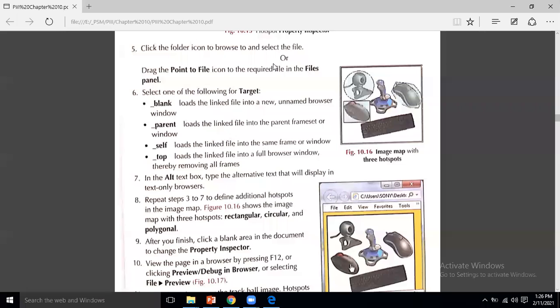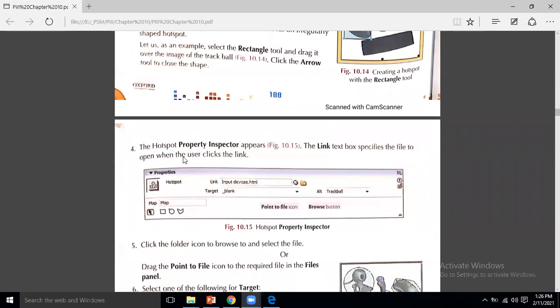These are the steps that we need to follow when we are applying this. Drag the point-to-file icon to the required file in the Files panel. Select one of the following for target: blank, parent, self, top. These are the options available over here.